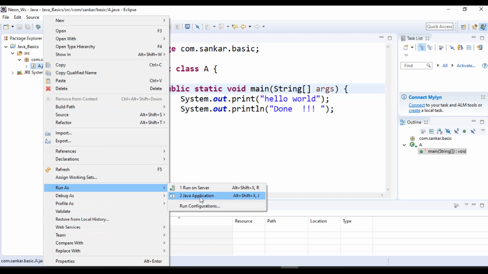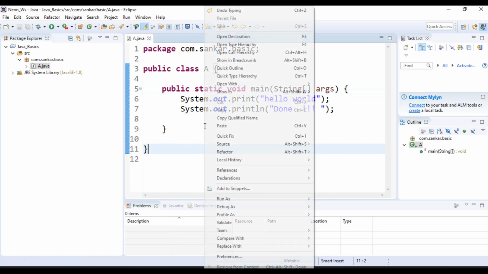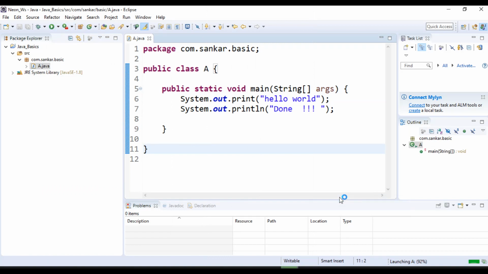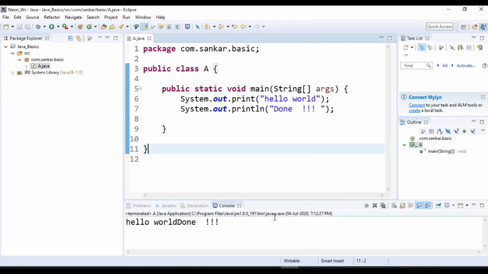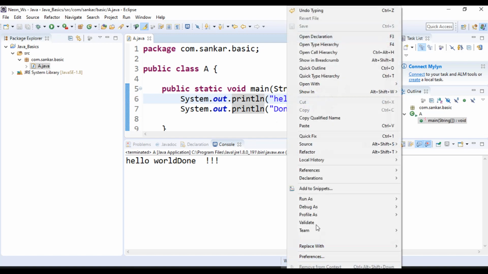Okay, our project is java, right? So java application, this is one way. Here we have this run also we can use. Or else simply right click here, run as java application. Whichever is preferred for you, you can try that one. Okay, see, like this it will be printed. If you want to print on a separate line, you can give ln also. Okay, println.